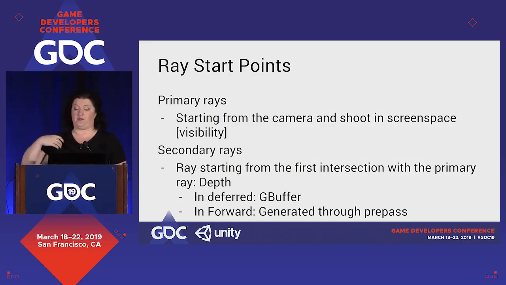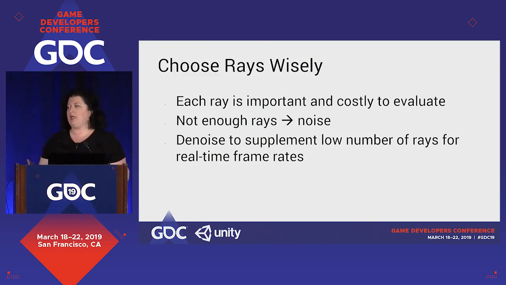So we mentioned we're going to start ray tracing from primary rays from the camera, shot in screen space. This is basically to obtain visibility, and I'll discuss where we use it. And for secondary rays, we start from the first intersection with the primary rays, and that's the GBuffer or prepass approach. In reality, every ray has to be thought about quite thoroughly. It's quite expensive, especially as we get to ray tracing. Now, of course, as we shoot more rays, the resulting quality is higher. The simple truth is, if you don't shoot a sufficient number of rays, you'll end up with a huge degradation of quality, a terrible looking effect.